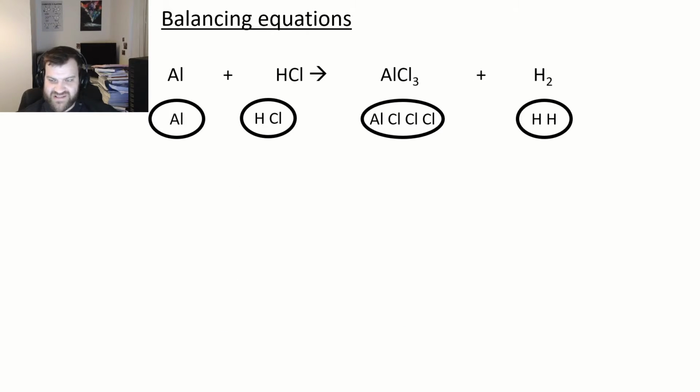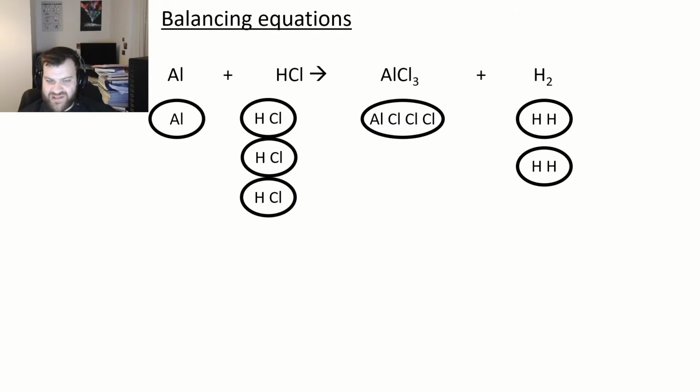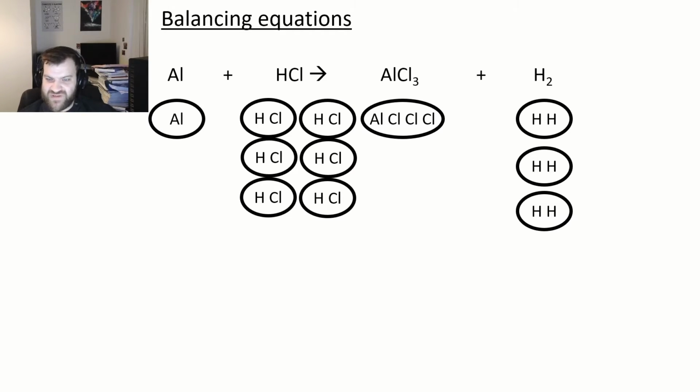If we look at a second example, we'll start by fixing our chlorines, where we've got 1 on the left and 3 on the right. Now we've got equal numbers of chlorines on both sides. We then look at our hydrogens, and we'll try to balance this. If we add a second H2, we've now got 4 on the right, only 3 on the left. Therefore, what we need to do is have 6 HCl's now and 3 H2s on the right-hand